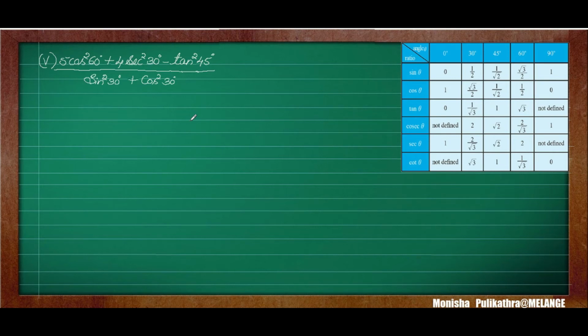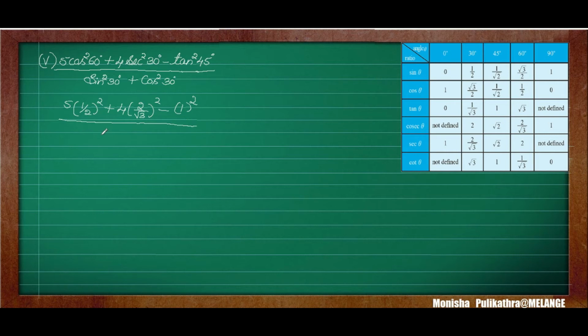Moving on to the fifth question. The fifth sub question is the last question in the first main. So here 5 into cos 60. So cos 60 is 1 by 2. So it is 1 by 2 whole square plus 4 secant square 30. So secant 30 is 2 by root 3. It is square. So 2 by root 3 whole square minus tan 45 is 1. So 1 square